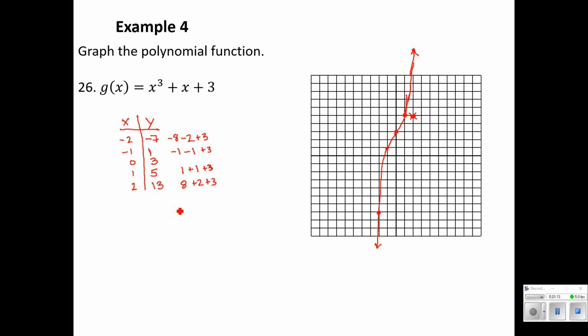Now, if we were to look at this graph and try and analyze it, the domain would be all real numbers. There's no x value that I cannot plug into that function. The range as well, negative infinity to infinity, because all the way from bottom to top, I'm going to see that graph. It extends infinitely in both directions. Same with the domain. It doesn't look as obvious, but this graph will continue to creep off to the left and off to the right. If I plugged in negative 50, I would get an answer. If I plugged in positive 100, I would get an answer.